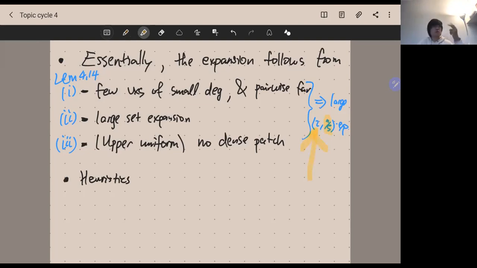We need to guarantee 2 expansion for small sets. So let's do that. The first of the heuristic is that